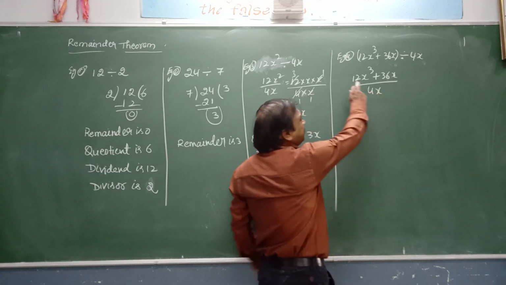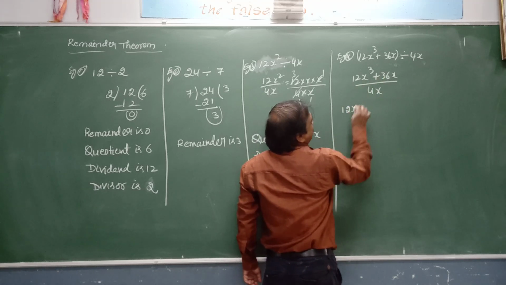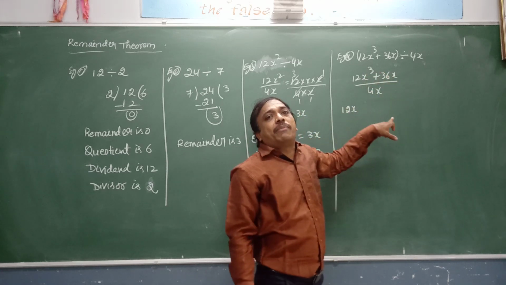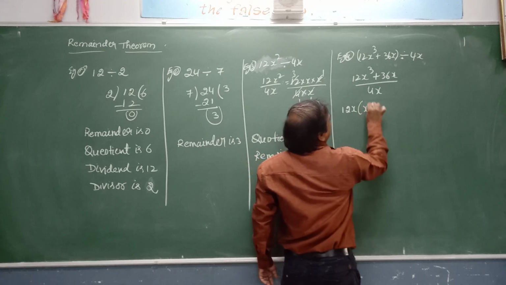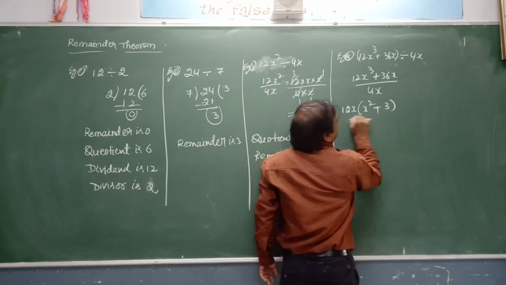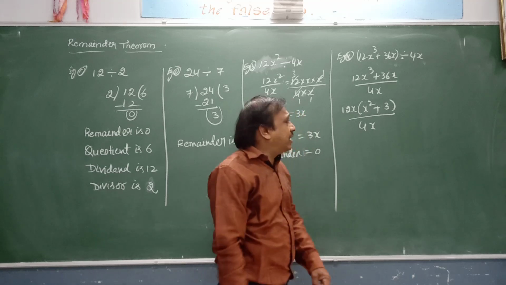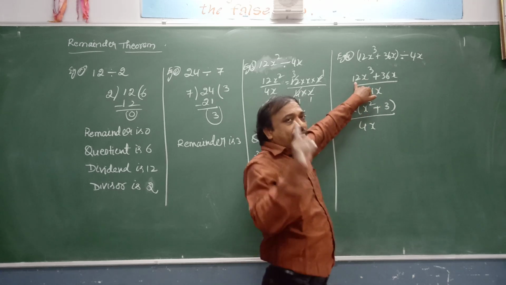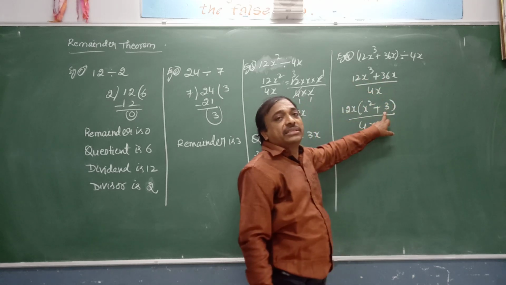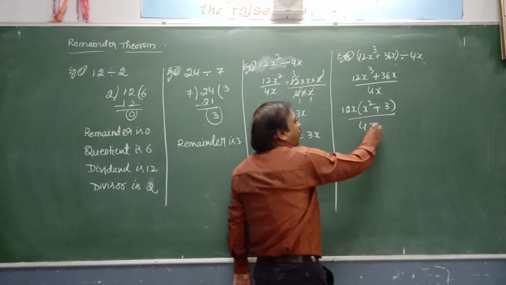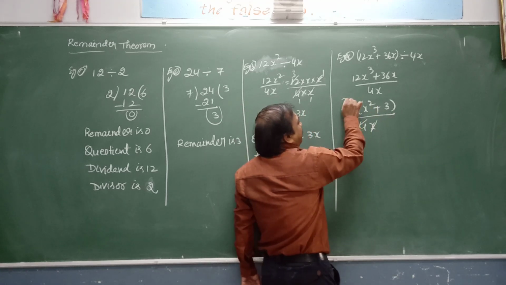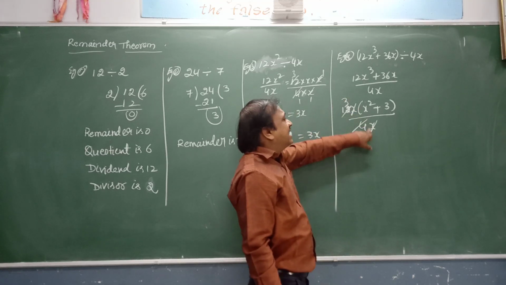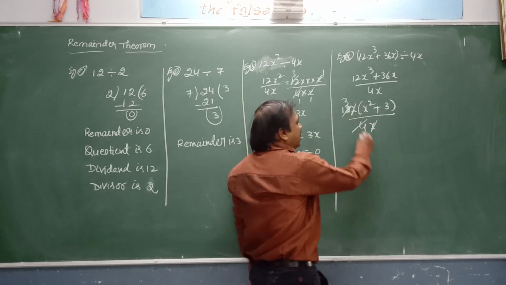How to factorize? If you take out common factors, 12x is common, here x cube, here x. If you take out 12x as a common factor for both, then we will have 12x into x square plus 3 by 4x, because 12 table, 12 will come one time and 36 will come 3 times. 12 3s are 36. Now x gets cancelled, 4 3s are 12. X is the variable, here the variable gets cancelled one time. What do we have?